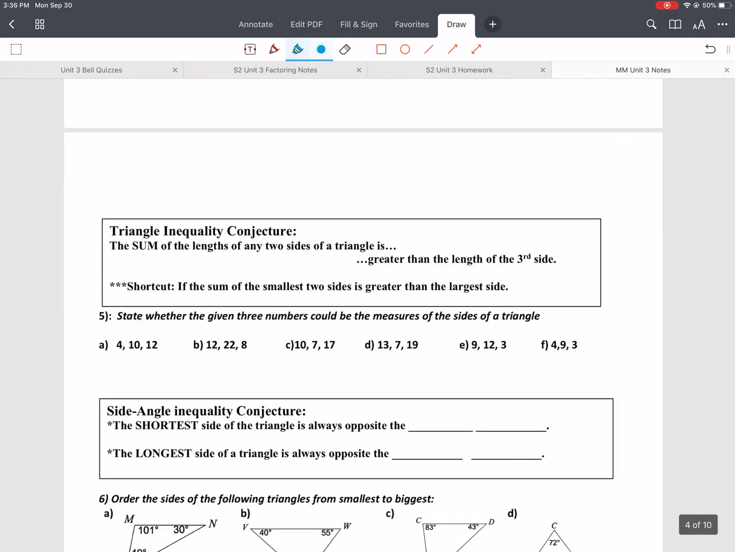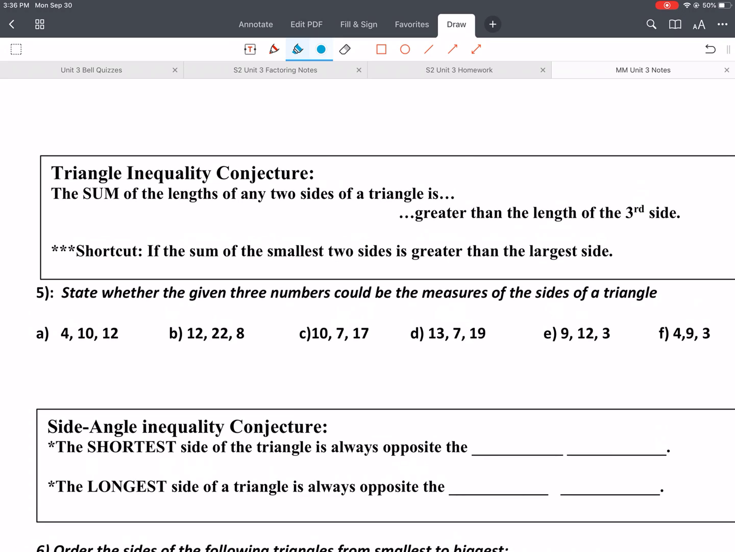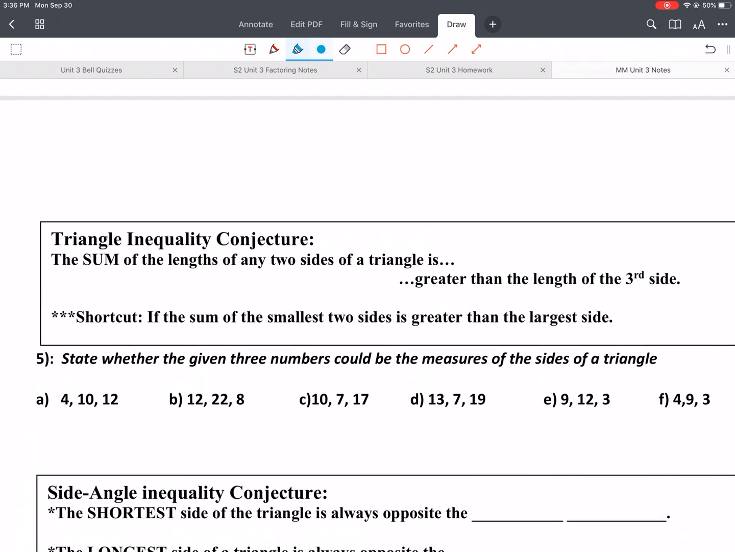Okay, let's go to some conjectures. Okay, these are kind of like proofs, things that have been proven that always work. Okay, so triangle inequality conjecture. All right, the sum of the lengths of any two sides of a triangle, so it doesn't matter which sides. So like say if this was 1, or actually let's do 1, 2,